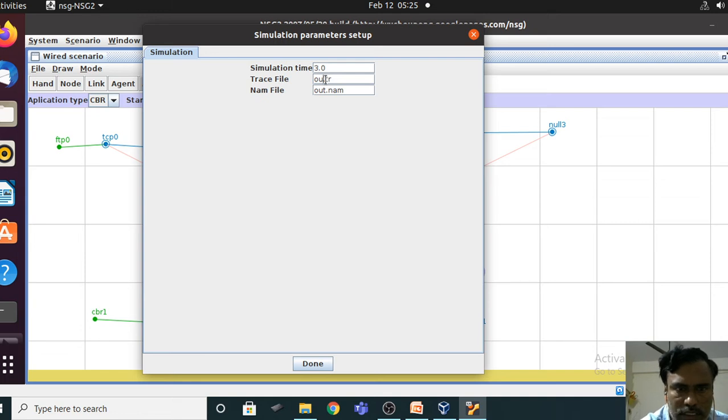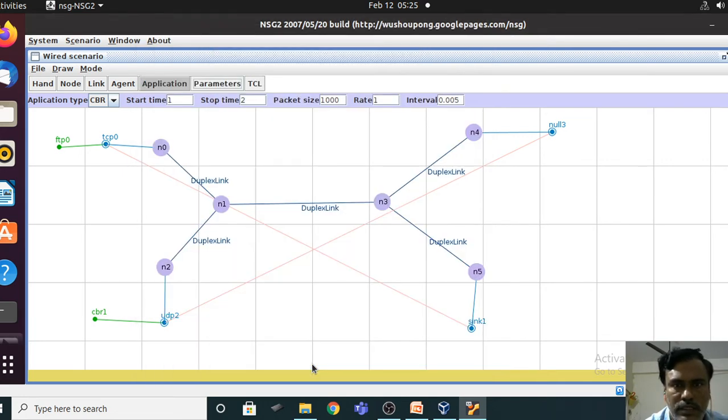and then let me take the trace file name as S3 for this, and for this let me take the name as S3. Make sure that you have given the same file name. My file name here is S3, and you should not forget to click on this done. So when you click on that done,